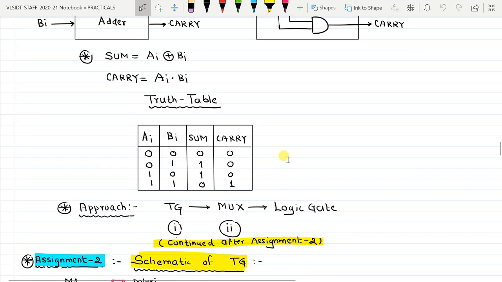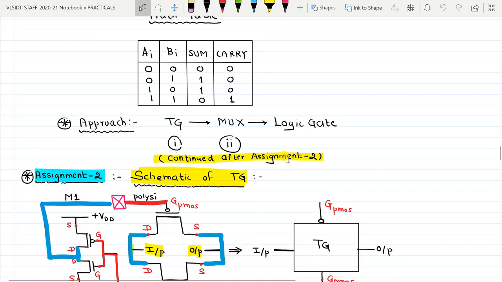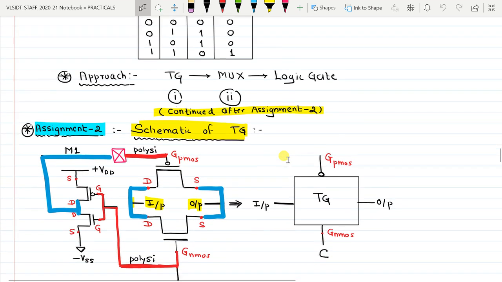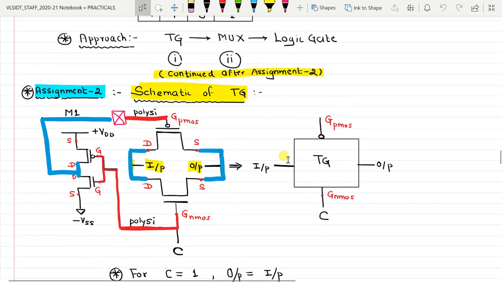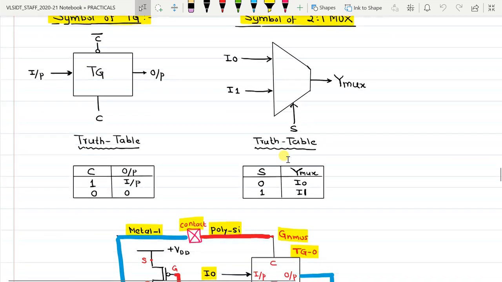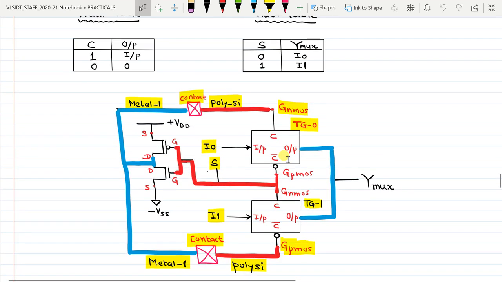Now we have already learned how to make a transmission gate, verified its functionality. We also learned how to combine two transmission gates to form a multiplexer and also verified its functionality. Now what we do is that we combine the verified layouts of two such multiplexers and convert them into XOR gate and AND gate